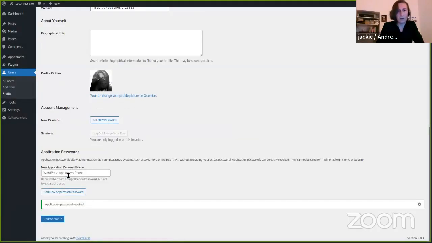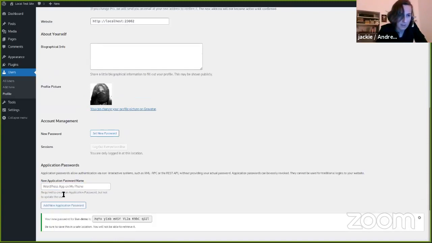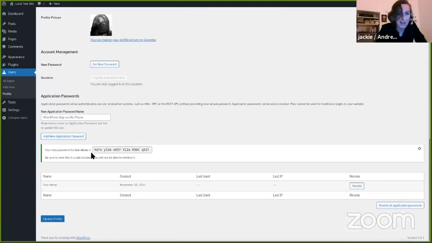And let's create a new application password. Let's call it live demo, not lice. We don't want to get lice, but a live demo key. So add the new application password. And basically this is just the label for the application password, so that I later know which passwords I created for which applications. Maybe there are different ones.